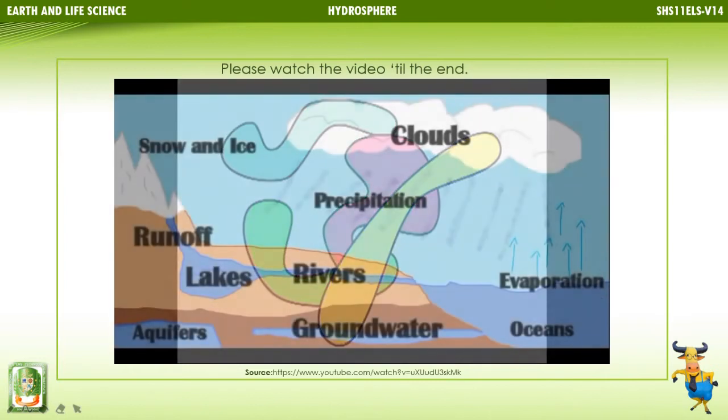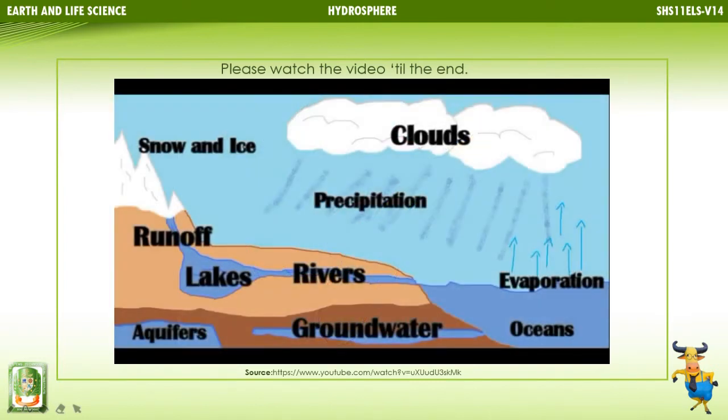The fourth thing we will discuss is the water cycle. Here is an image depicting the water cycle. We'll start at the ocean. From the ocean, water will evaporate and eventually condense into clouds. From clouds, it can either precipitate back on the ocean or it can precipitate on land.